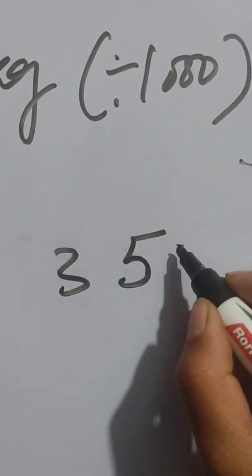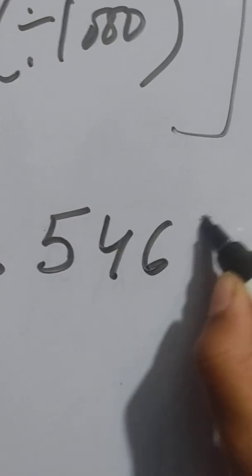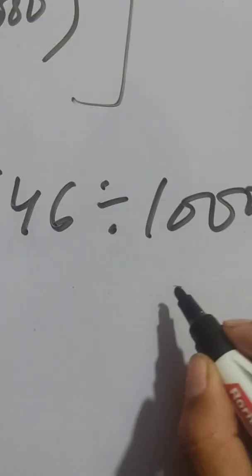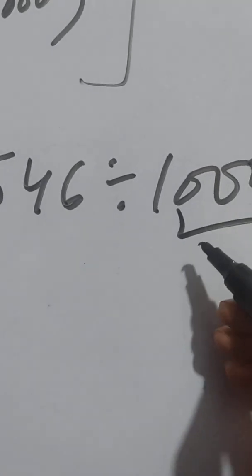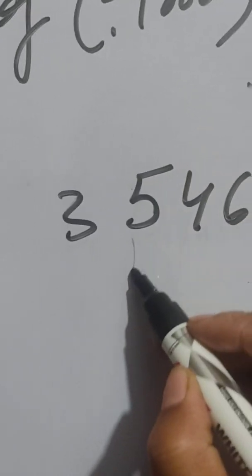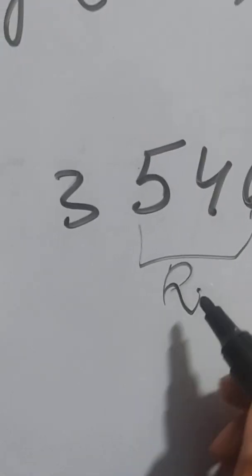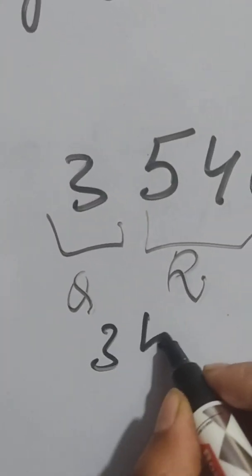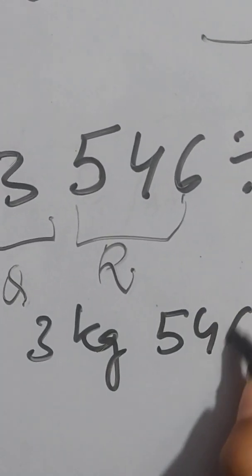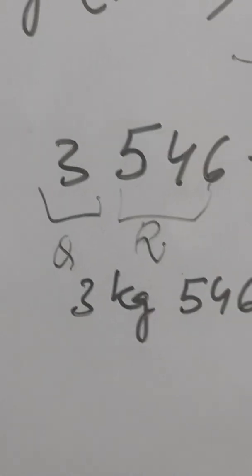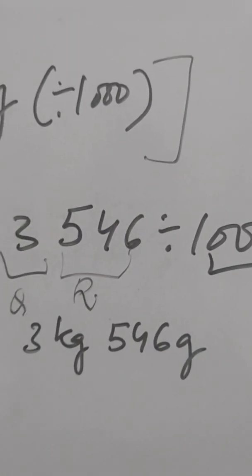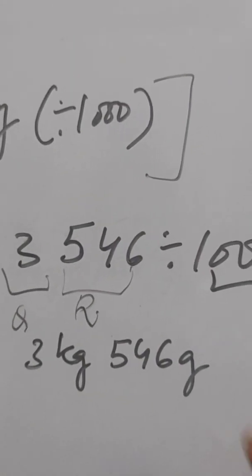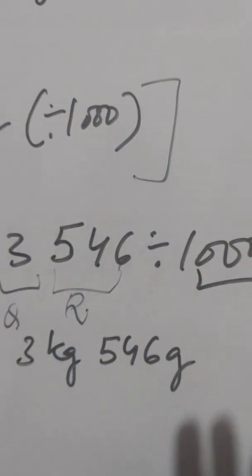See, you can do it directly also, as you have done the division by 3 digit. What you can do when we write the question like this, you know that the 3 digit 1000 के लास्ट के 3 zeros and here last के 3 number आपके क्या होंगे, remainder, and the rest will be your question. So this will be your 3 kg and 546 gram. So here also it is not mandatory for you to show division only. You can use this method also because you have done this in division.